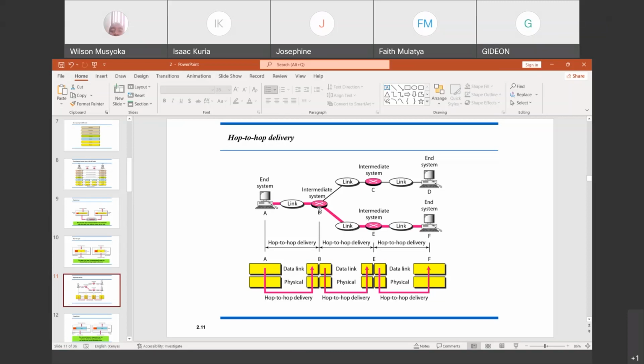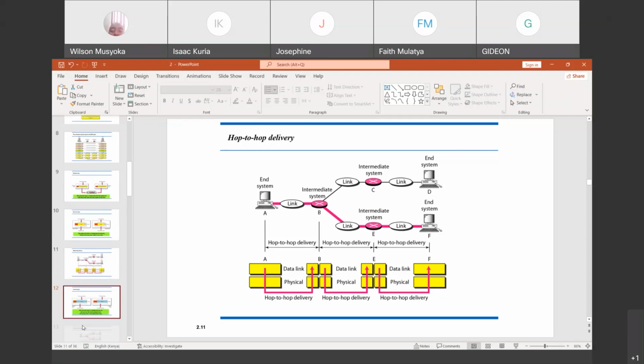So it will not forward the data frame to this route, but it will take this route and deliver it. So that is how hop-to-hop delivery, or node-to-node delivery, is carried out in these two layers. Hope up to there we are all together.